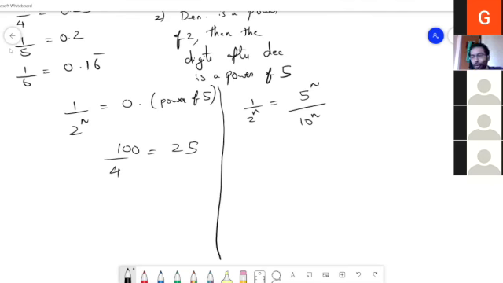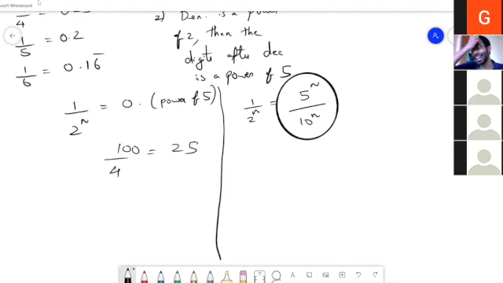Okay. So this is one thing. That is because it's the same, is it? Like 5 by 10 is also again 1 by 2. Exactly. It is equivalent, the same as fractions. 1 by 2 to the power n, that is also 1 by 2 whole power n. Correct. So left hand side, right hand side, like that. So from this, can we explain why we are getting the digits after the decimal to be a power of 5? Preeta ma'am, you can take some time and work on it. But first of all, Gauri ma'am, what an observation!